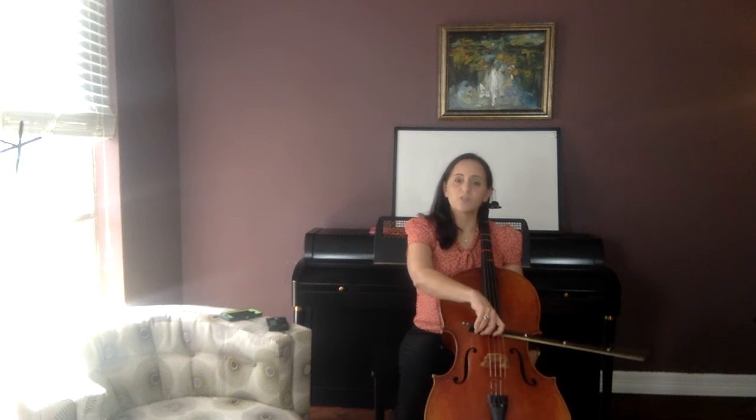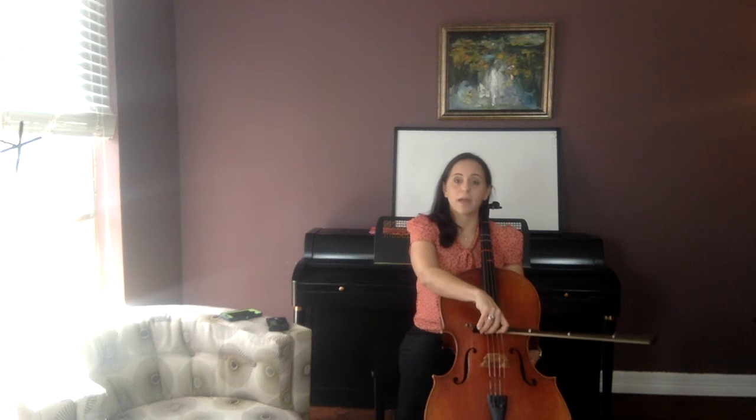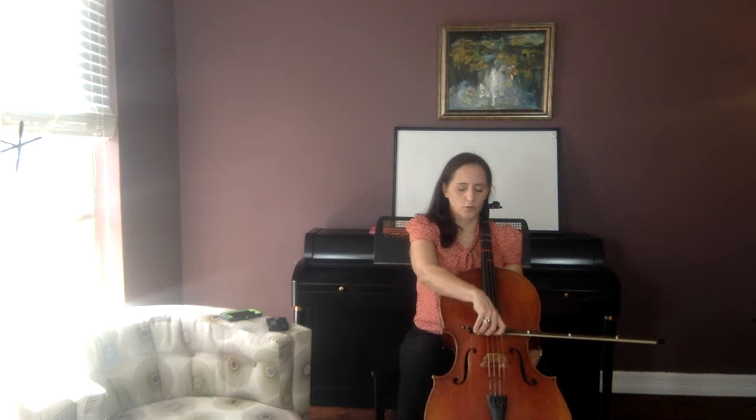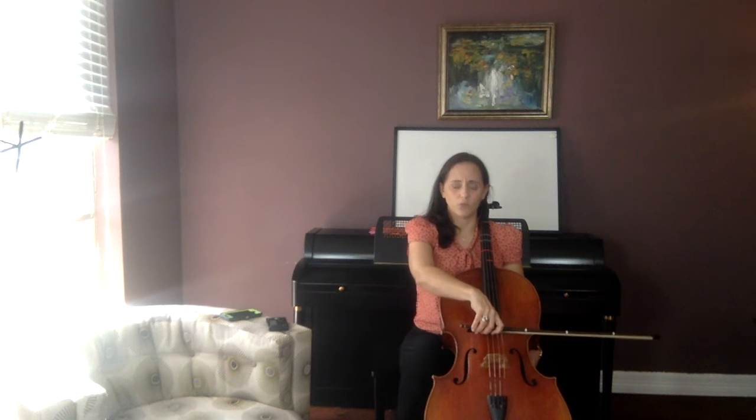Now, the reason we have to have bow lifts is because sometimes we've just done a down bow, and we need to do another down bow. So, to do that, we have to pick our bow up off the string and put it back down where we started. That's what a bow lift is. Some people call them retakes. Some people call them bow circles, because you're sort of making a circle with your arm. It's more like an oval, but...